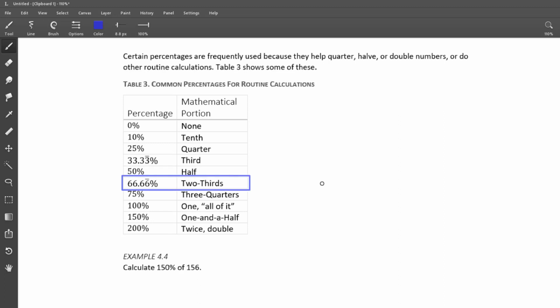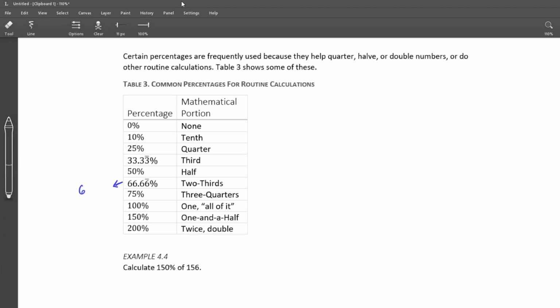66.66 decimal repeating, although again that's often rounded, and in this case that would be rounded up. 66.67 is often how that would be rounded, although that kind of rounding with thirds and 2/3 can cause problems because it's actually a big jump. Anyway, 66.66 decimal repeating is 2/3, 75% is 3/4, 100% actually represents 1, which we'll talk about in a second, but it means all of it. So if you caught all 120 ducks that were in the pond, you would have caught 100% of the ducks. 150% is 1.5, and 200% is twice or double.